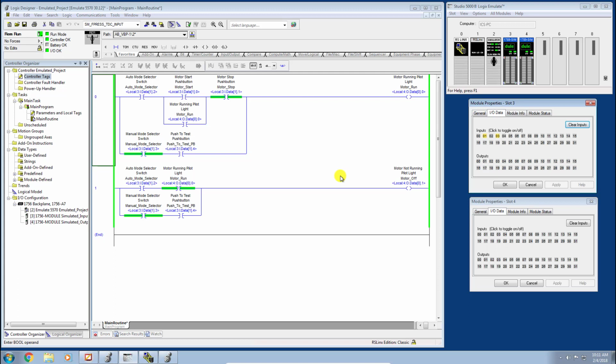I hope this shows you at least how you can go about editing and doing online edits in a